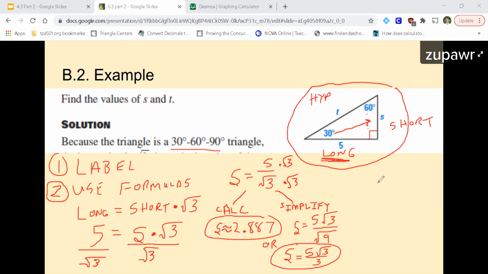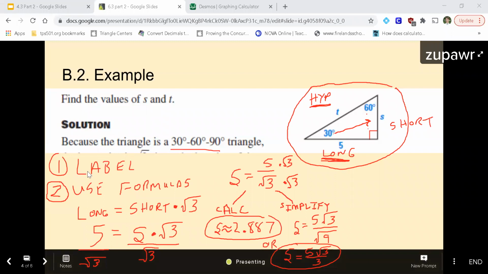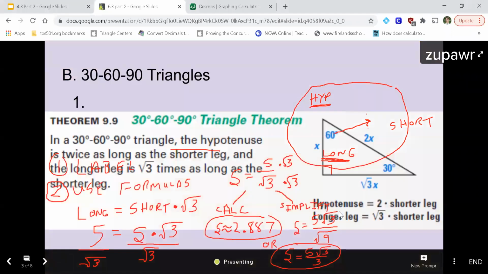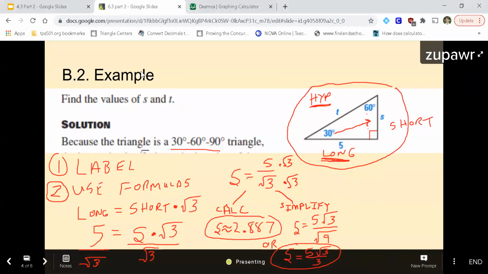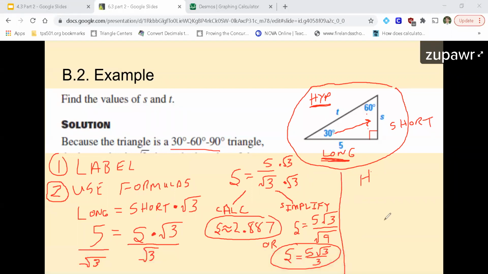Okay, now that we have S, we need to find T. So to find the hypotenuse, we then look at our formulas and we just do the same thing. What formula do we have for the hypotenuse? Well, the hypotenuse is equal to the short leg times 2, which is a really easy formula to use. So if we plug into that formula, T will be equal to